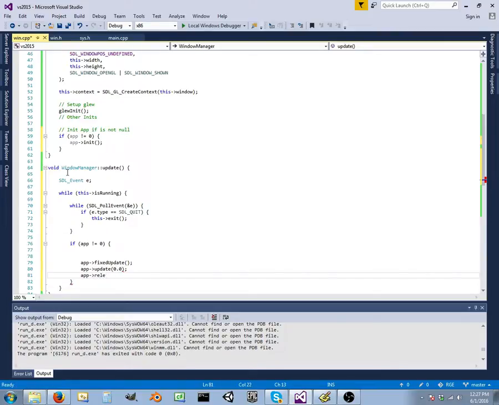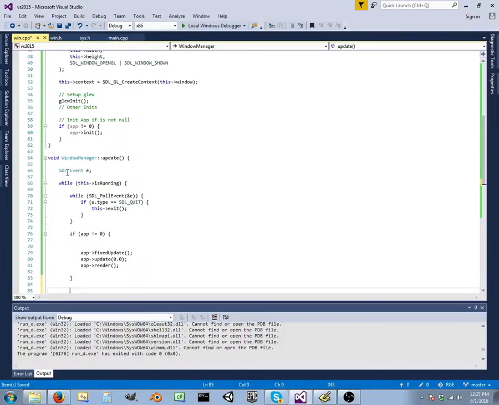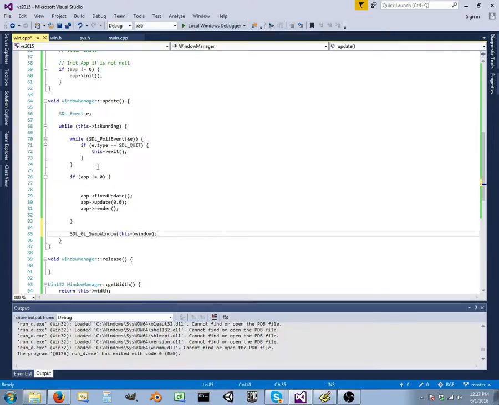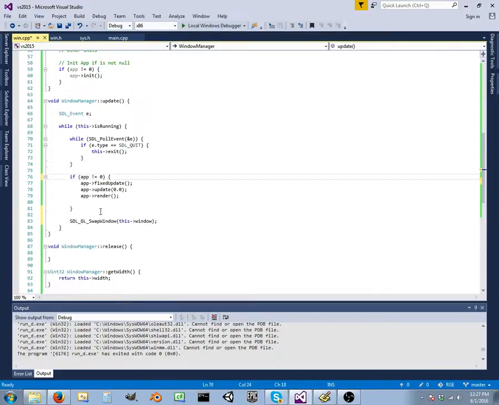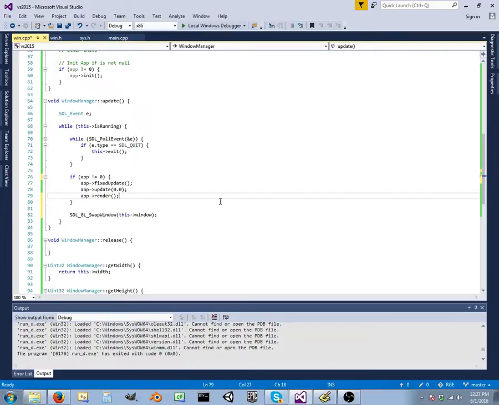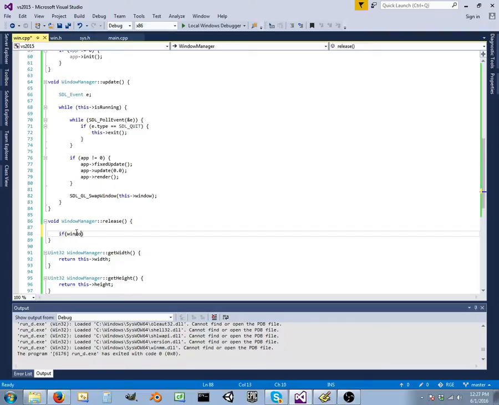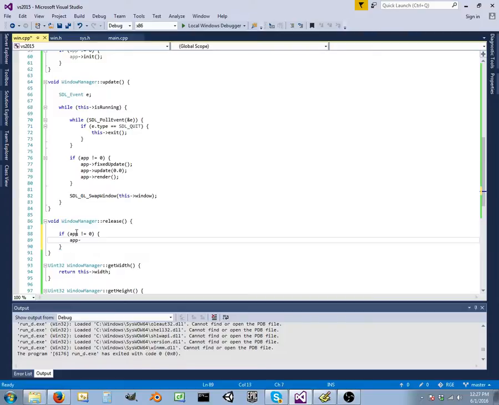And last but not least, rendering. After that, we need SDL GL, and we're going to swap the window. So, this that window. That should be good enough for a little test loop. Next video, we're going to set up these methods and get started on inputs. So, yeah. Alright, next thing we're going to do is if app is not equal to 0, app release,